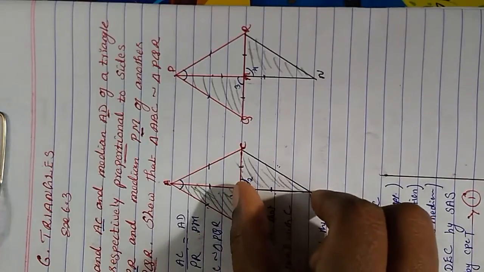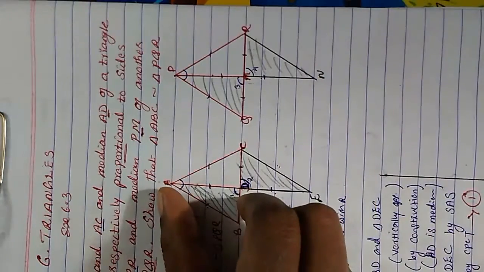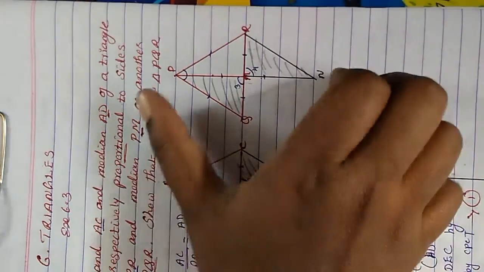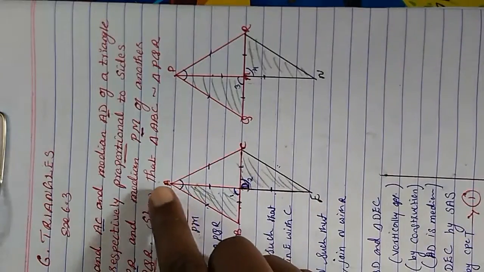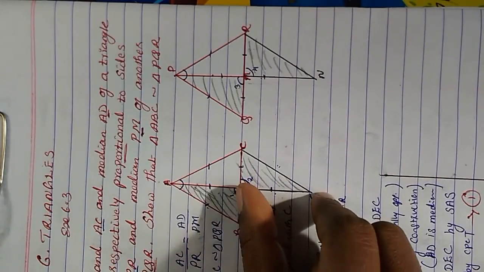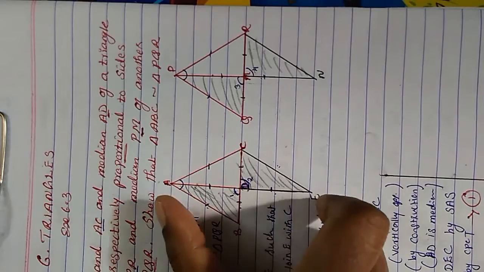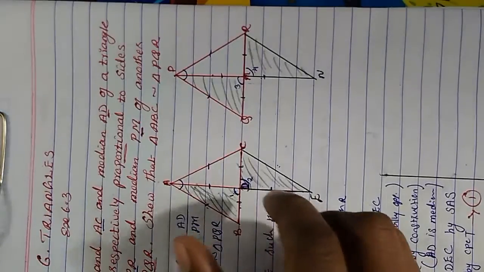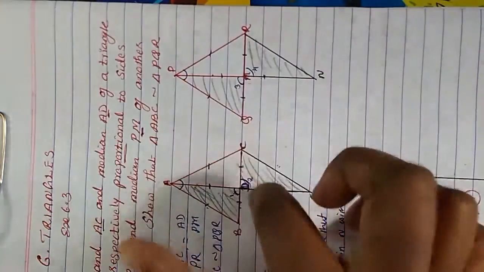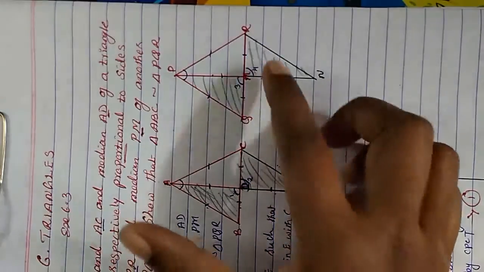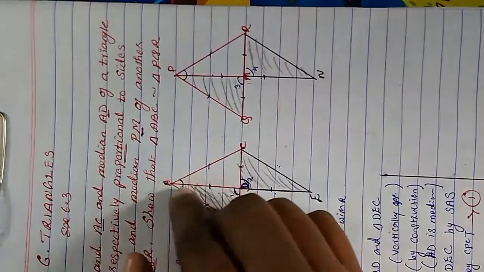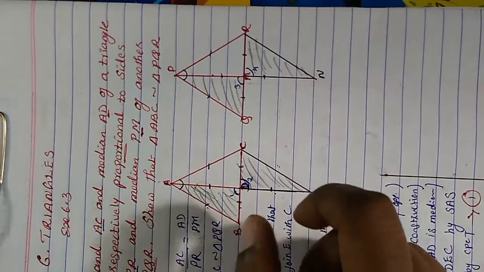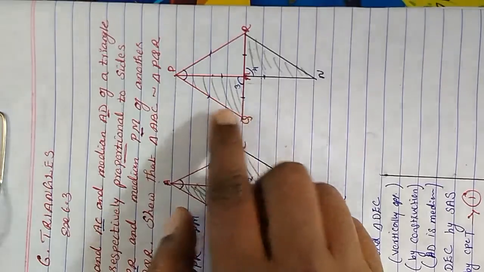So now we have produced this line equally, the same. The same measure we had taken here. So to get AE upon PN, can we write 2 times AD, because the same measurement is there here. So if we take 2 times, this will become this side. Same way, 2 times this will become this side. So then can we say both the triangles will become congruent? If both the triangles become congruent, this angle will be equal to this angle, because of CPCT. Similarly, we can prove that this side is also equal to this side.